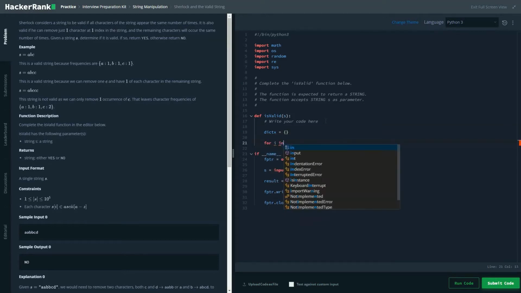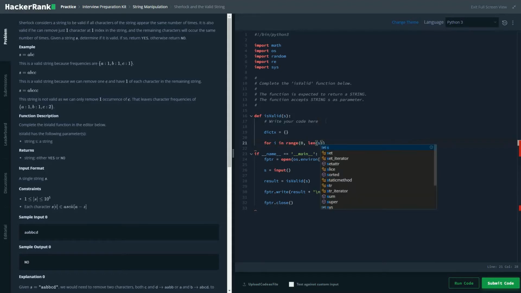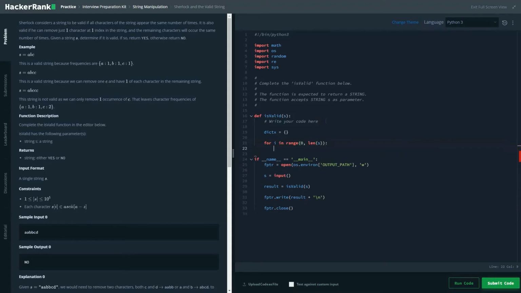So for i in range of 0 to length of s, if s dot i is not in dict dot keys, so if that value is not present in that key, we'll be adding that value to the dictionary and assigning a value of 1.